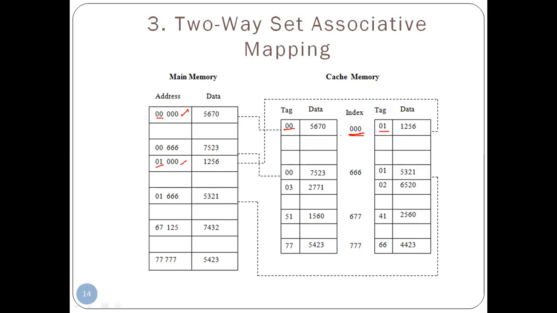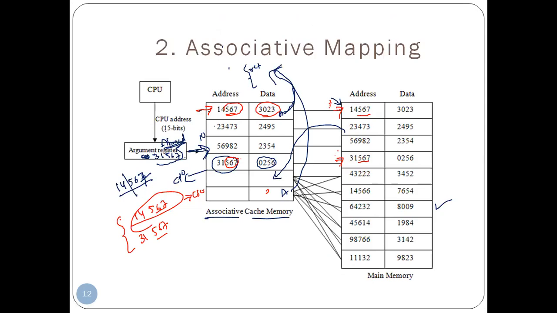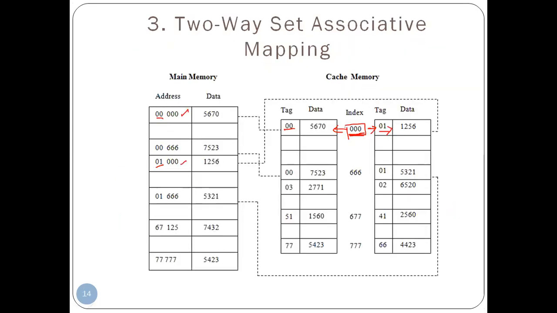Previously what we did was search two times, but here if we search the 000 index in one line only, we can get both the data. The 00 tag value we will get and the 01 tag value also we will get. But in the previous one, 0567 is here, this is the first fetch, and the next one we also have to fetch, this is the second, which was somewhere else. But now, if you go for the 000 index, what are the tag values that match with the 000? 00 is there, 01 is there. That data we get at once, no need to do it twice.